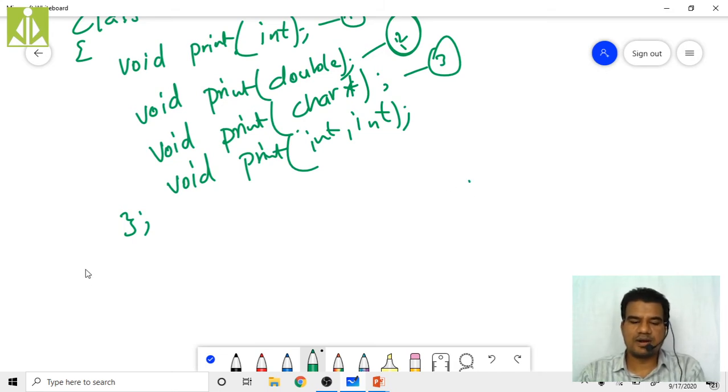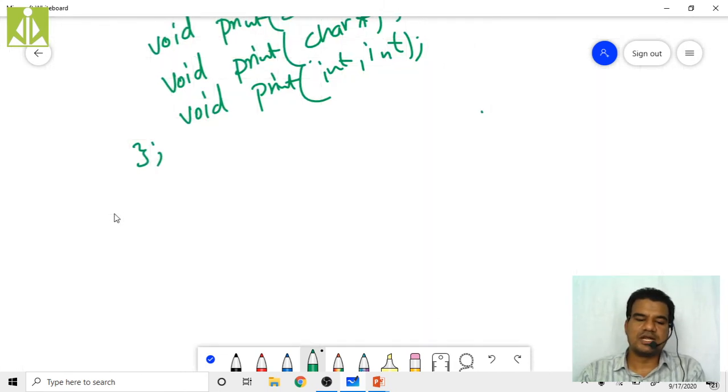Next, we have to write the definitions for all those functions. First definition I'm writing is print int. If it is an integer value you are passing, your compiler will print that integer value on the output screen. So first take the return type, that is void, and then the class name, because we have to qualify the function name, isn't it?